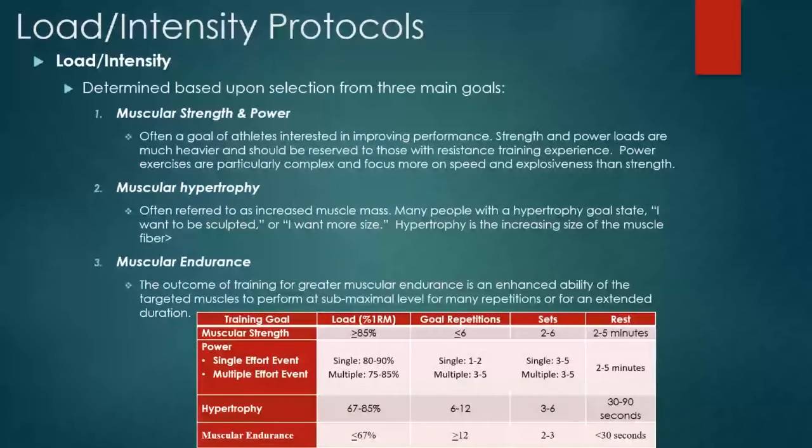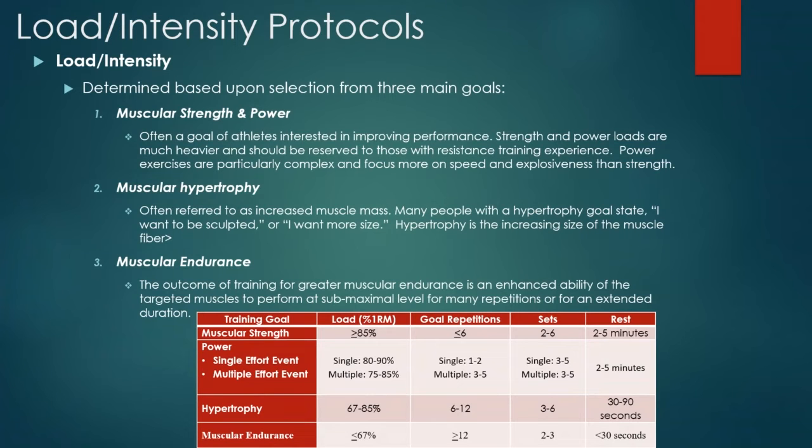Muscular hypertrophy, this is when the individual comes up to you and says, I want to be yoked, I want to be cut, you know, the bodybuilder, right? That's hypertrophy, okay? Hypertrophy is increasing the cross-sectional area of the muscle, which then makes it bigger, and more sculpted, if you will. Muscular endurance, the outcome of this style of training is greater muscular endurance and enhanced ability of targeted muscles at submaximal loads. Okay, so doing things for high repetitions and training that muscle to be able to take a lot of